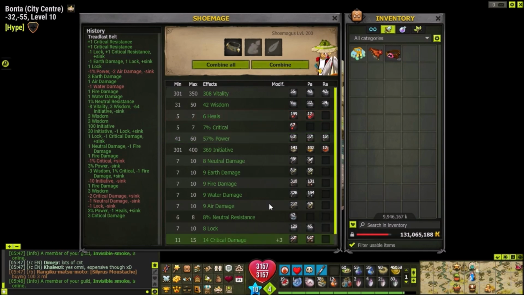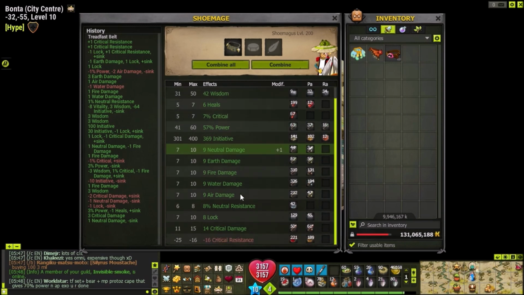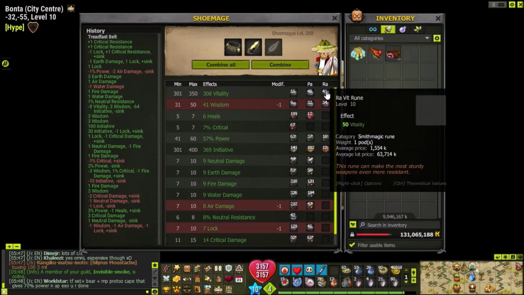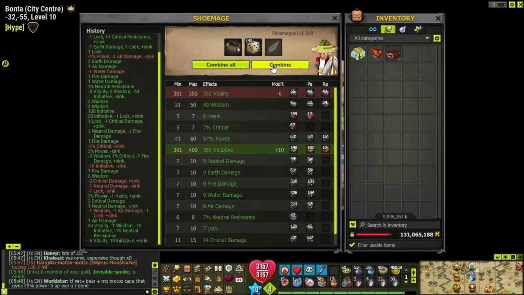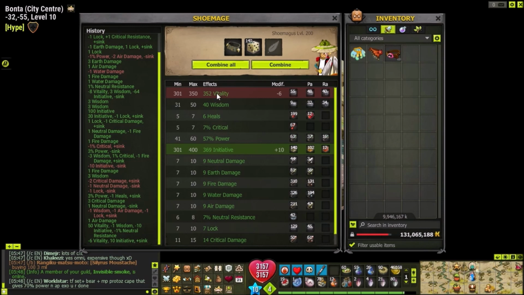Okay. We got pretty lucky there. Heals dropped. This is decent. Vitality is low. Try and get that up. I would like it to land, and then I'll drop it down with initiative. Okay, here, initiative. Okay, see, that's one of the rare cases that I added an initiative rune and it actually landed,